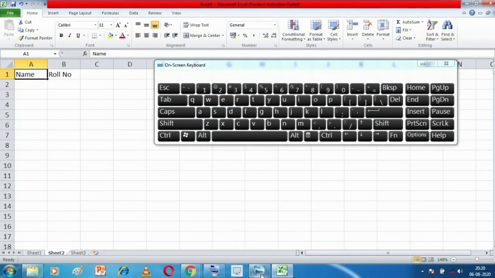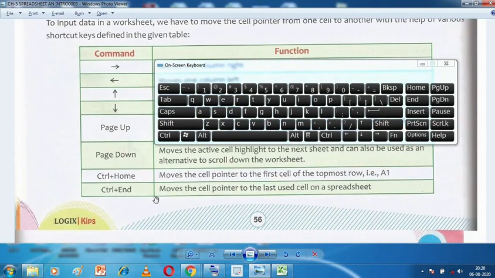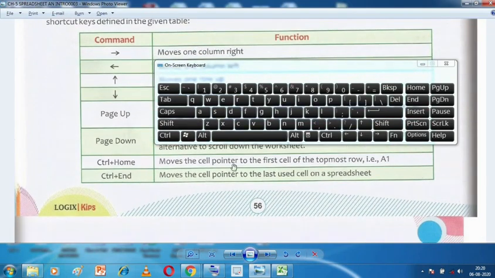Now see students, Control plus End. You will think, sir, Control plus End will do exactly what Control plus Home does, but in the opposite manner. No, it will take the cell pointer to the last used cell. It will not take us to the last cell.